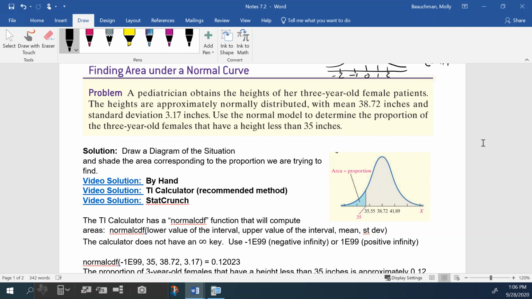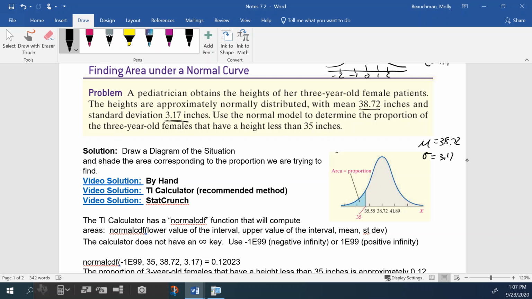So our first problem, a pediatrician obtains the heights of her 3-year-old female patients. The heights are approximately normally distributed with a mean of 38.72 inches and a standard deviation of 3.17 inches. So now we're looking at heights. So our mean of 38.72 and our standard deviation of 3.17 are drawn on this curve. Okay. Use the normal model to determine the proportion of the 3-year-old females that have a height less than 35